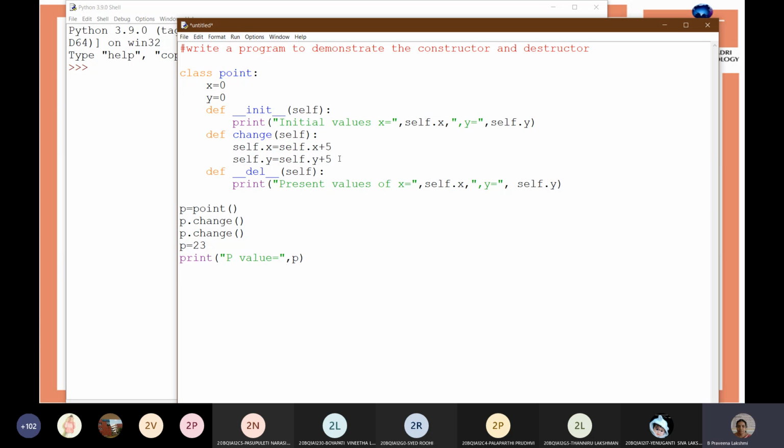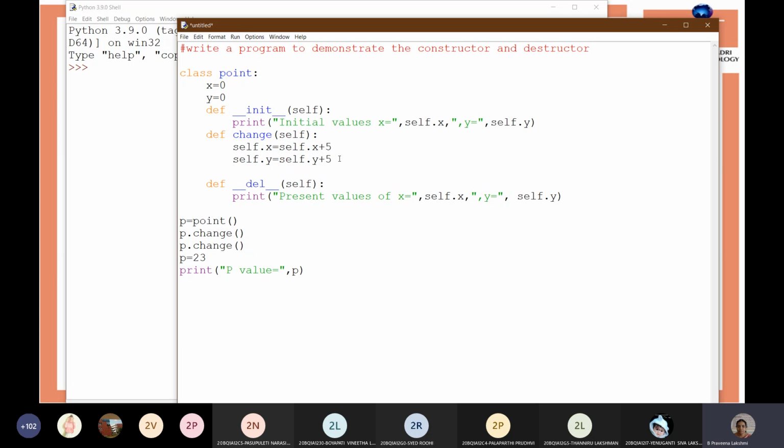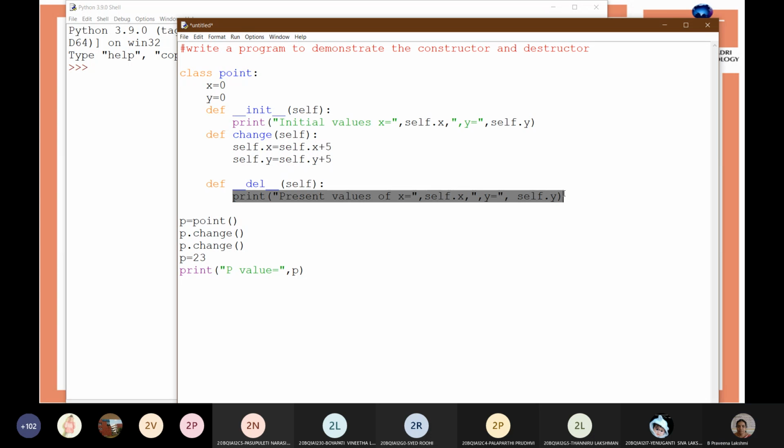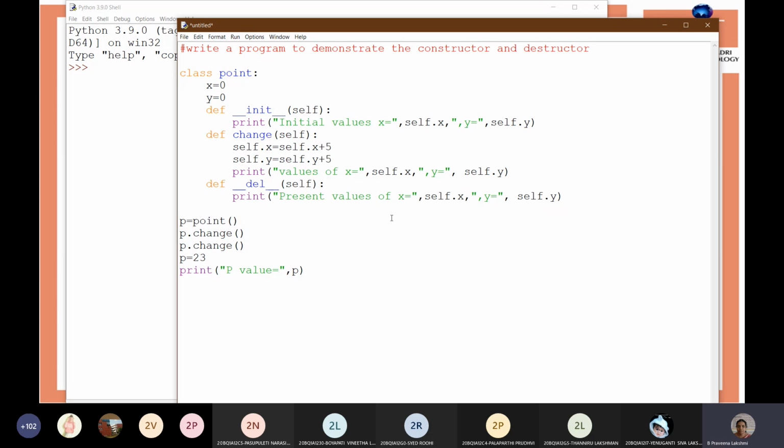Now it displays the p variable value. Here also we'll write the print statement. Okay, now I will execute it.